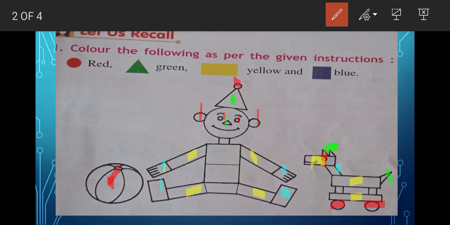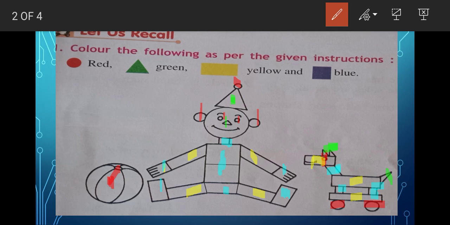Okay, this one blue, the neck of the toy, this part, blue color, and this body should be blue color, neck should also be blue color. Then what should be blue color? This part also should be blue color. Then anything left? Nothing is left, but we have left one part to be colored red, isn't it?